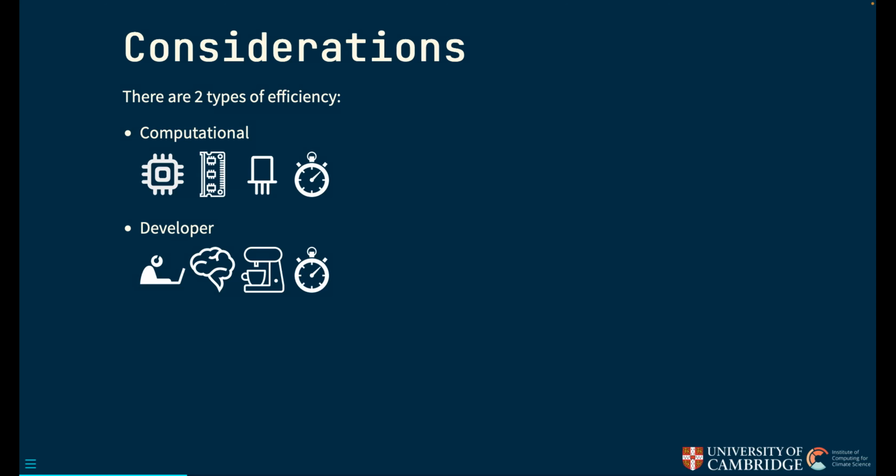The other type of efficiency I want to talk about is the developer efficiency. So particularly with those working in research, we want to make it as easy as possible for people to bring machine learning into their work. We don't want to have people having to learn entirely new fields and delve deep into computer science and different frameworks, when really what they're interested in is using some kind of net within a model to learn some scientific results.